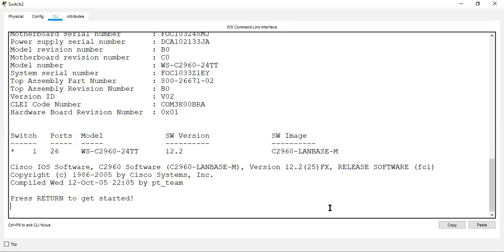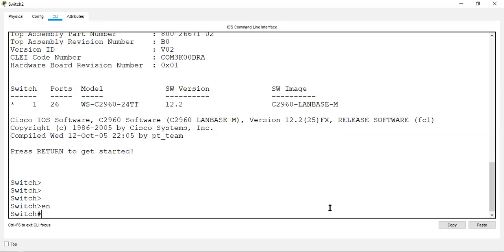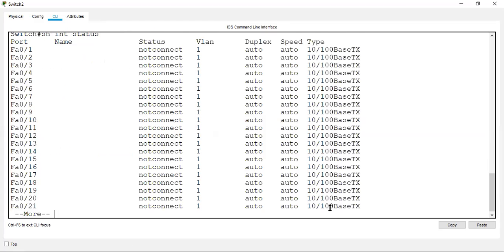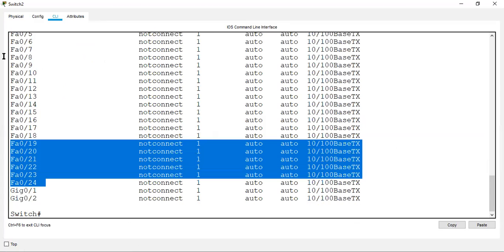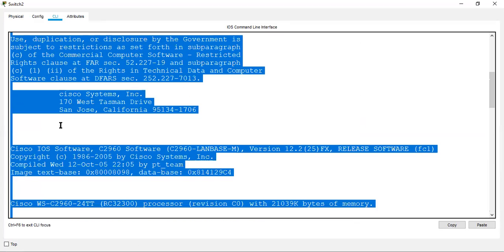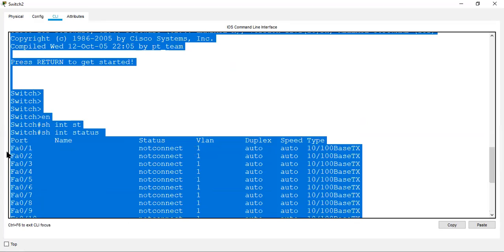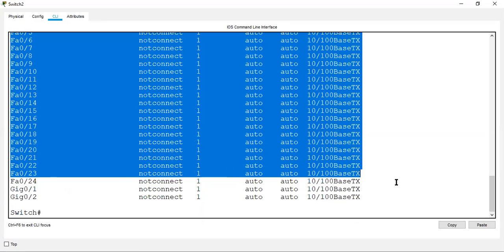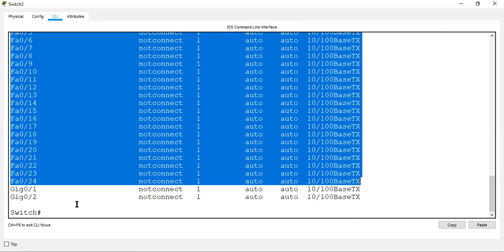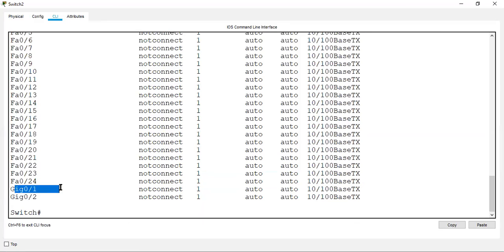In the CLI, enable, show interface status. You can see here FastEthernet 1 until 24 are the downlink ports, which have 100 Mbps speed. Then you have Gig, which is your uplink port.